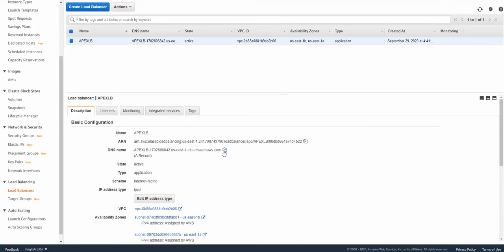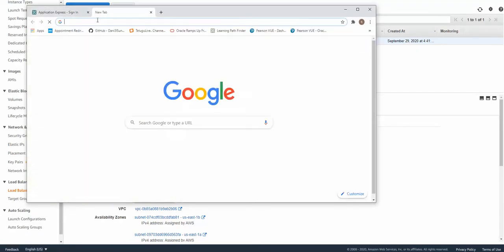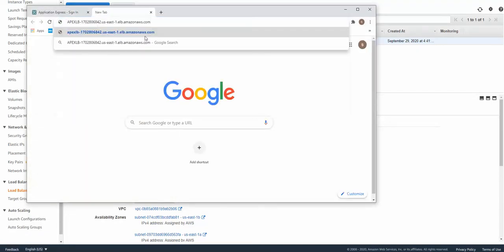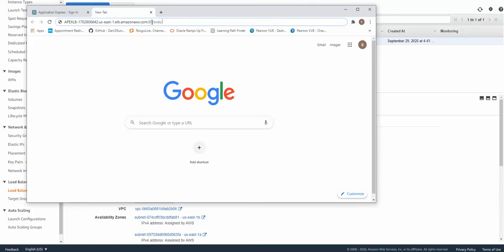Let's copy the DNS host name for the load balancer, come back here, and open a new tab. The standard one is listening on port 8080, but the load balancer is listening on port 80.